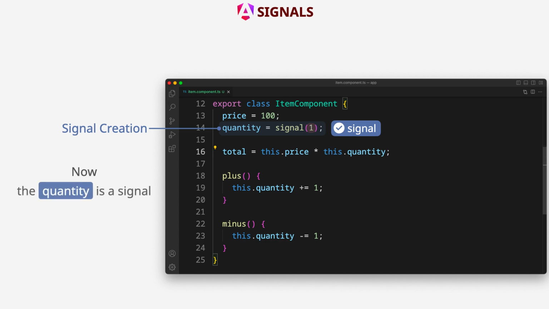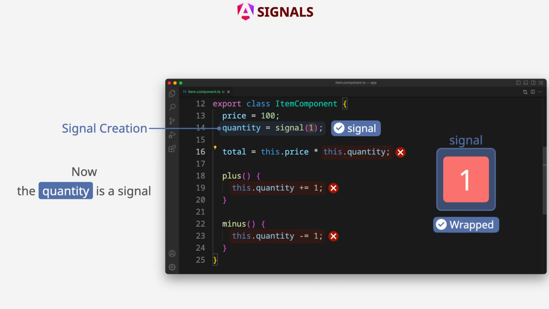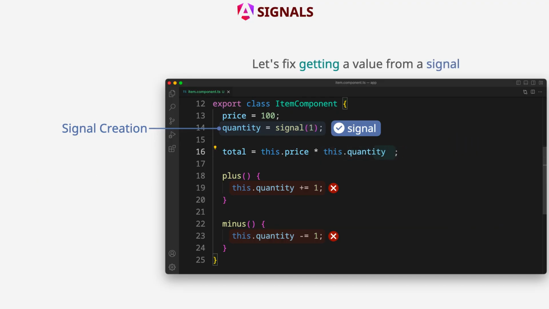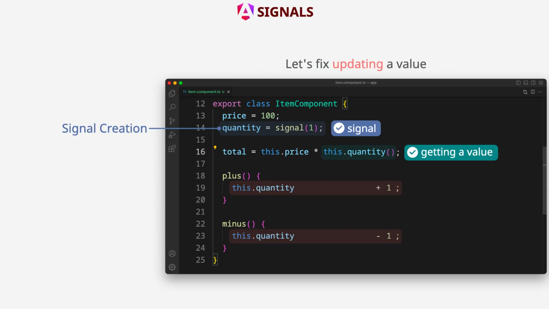Now, the quantity is a signal. Let's fix getting a value from a signal. Let's fix updating a value.